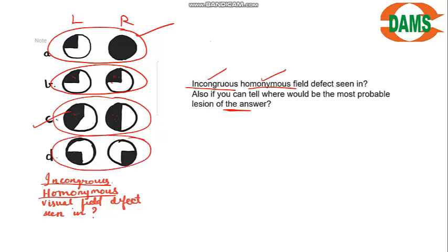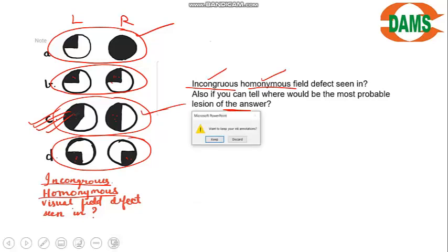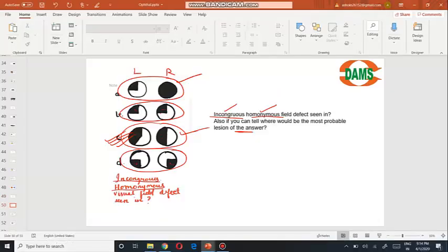And this is symmetrical, meaning congruous, but it is heteronymous. It should be somewhere in the optic chiasma. What is it in the optic chiasma? We'll see tomorrow. So today's question answer is C. Most of you are right, and the correct answer is a right-side optic tract lesion. That's why it is left homonymous incongruous. It can be congruous also, it can be incongruous; here I've given you an incongruous example. The answer is right optic tract. Alright, that's for today. We'll see tomorrow with some extra and advanced points in visual field.